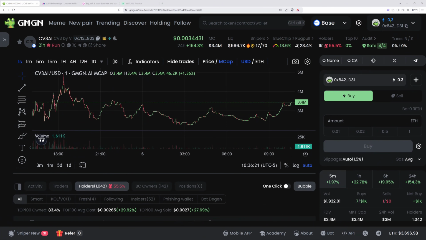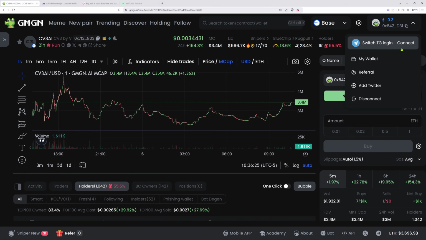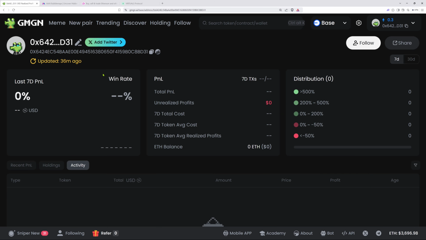Now, the best way to do this, guys, again, is not just connecting your wallet like this, okay? You really need to connect the Telegram bot. So let me show you that. And by the way, before we do that, if you go to the My Wallet section, you can check out all your P&Ls, and it tells you if you're up or down. Virtuals does not have that. So you know what your profit and losses are, whether you're in the green or the red. That's very important to track as well. You need to know where you stand as a trader, right?